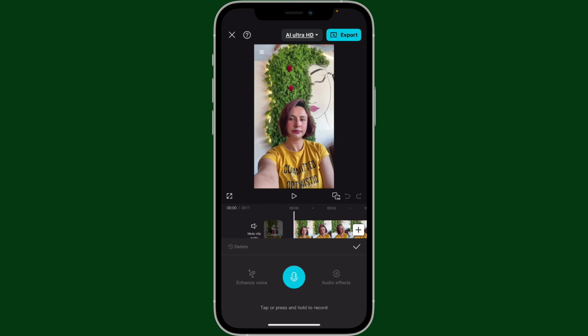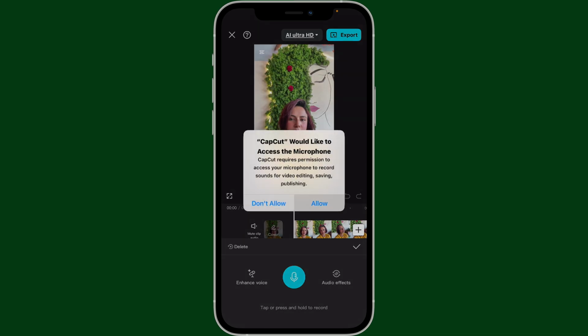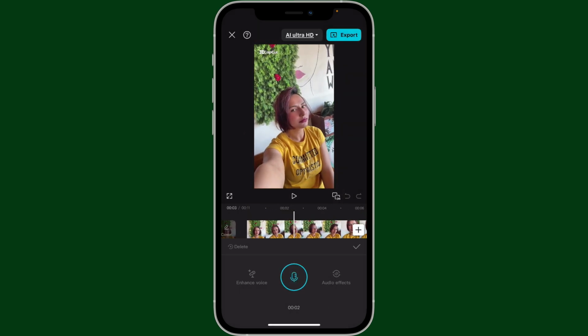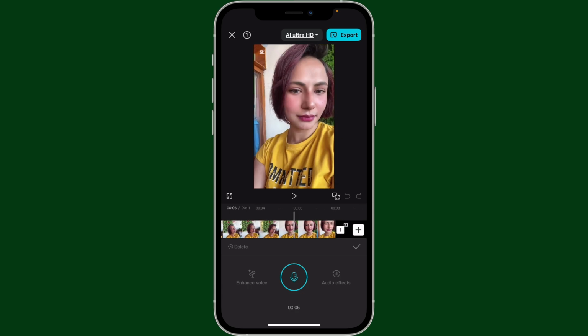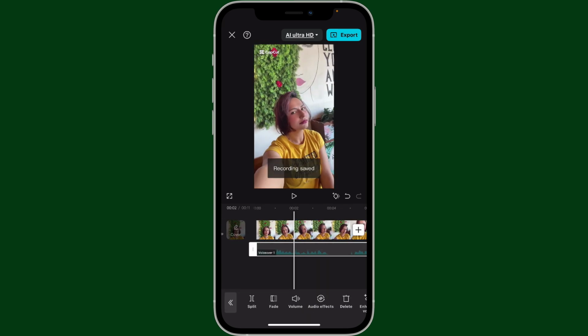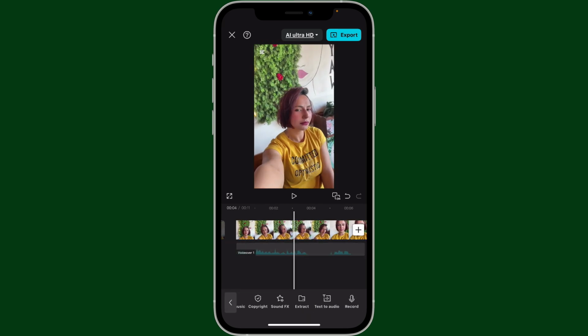You will also need to press and hold it to record your voiceover. Allow microphone access to CapCut by tapping Allow, and once you are done, you will then be able to record the voiceover just like that. After you do that, your voiceover will be recorded. Now tap the tick mark in order to save the change, and you will see your voiceover added to the